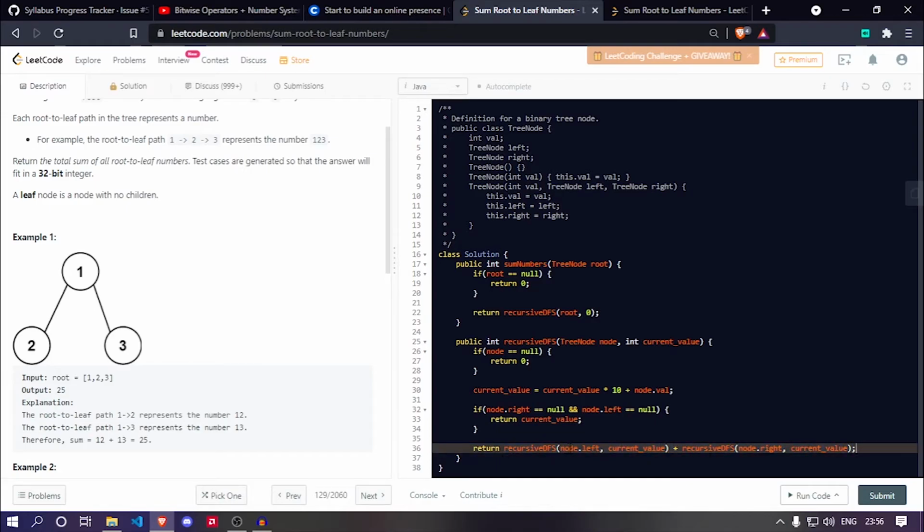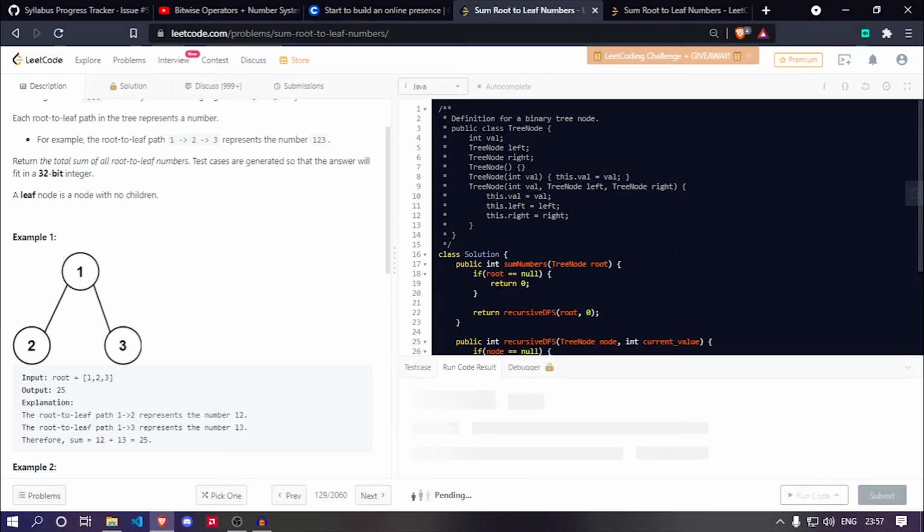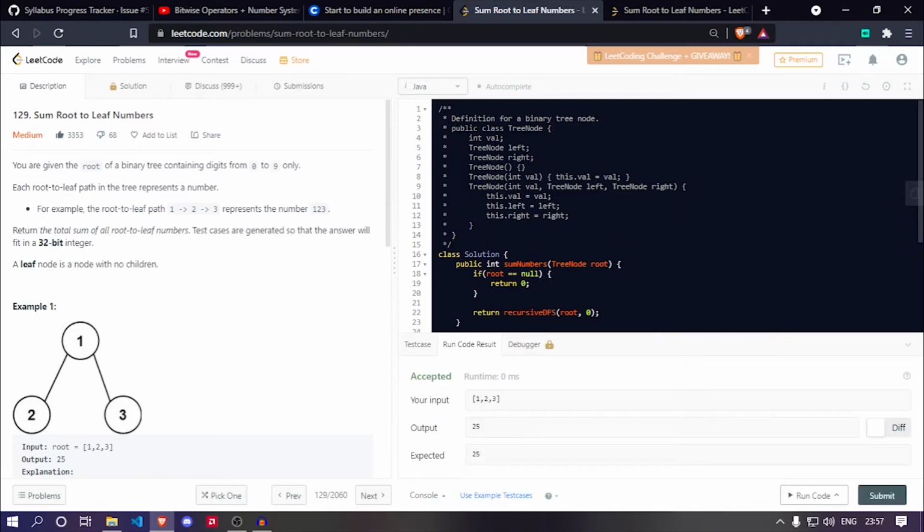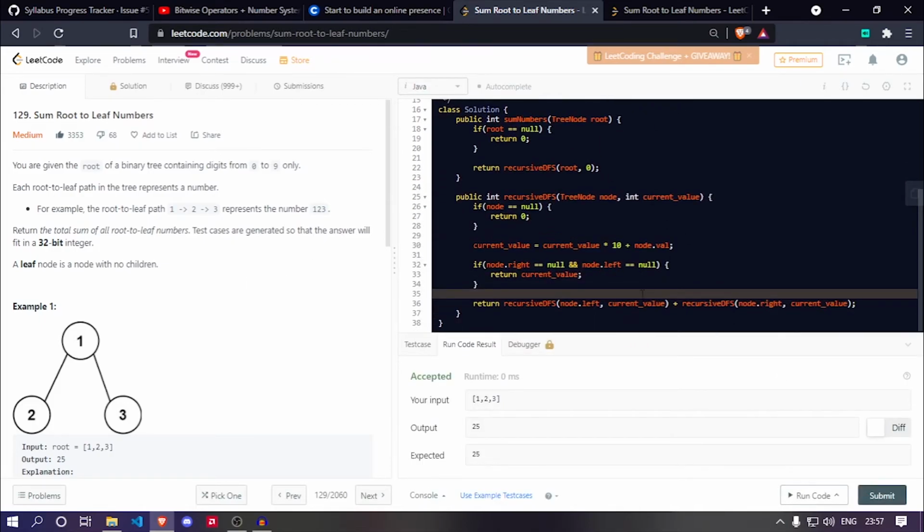We calculate the left subtree, passing the current value into the recursive function, and after the left subtree is calculated, we calculate just the right subtree. So I guess this will run. This is actually a medium problem, but it is a very easy, basic recursive DFS question.